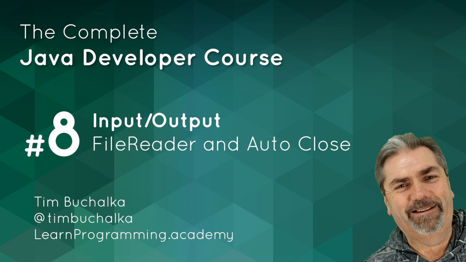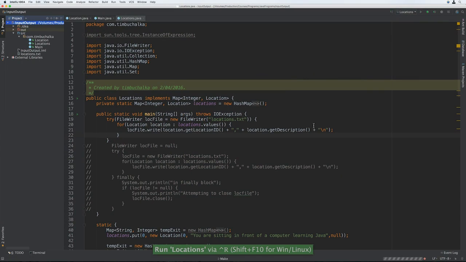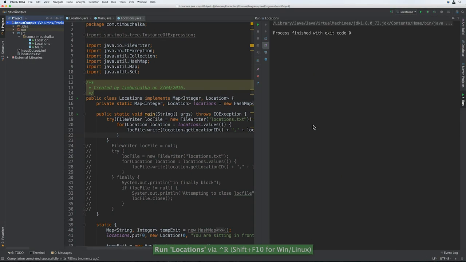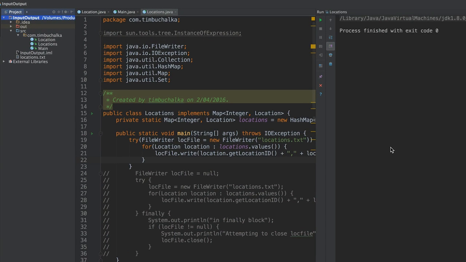So let's actually run this again now and just see what happens. When it runs, we get nothing printed, and that's because there's no finally block to put a print statement in. It was only printing messages to show that the blocks were being executed anyway, so you wouldn't ordinarily do that. Now you could still add a finally block if that's what you wanted to do, but don't try and close the resources in it because that's unnecessary, and closing some resources when they're not open can actually cause an error. So you leave it to the try with resources block to do that for you